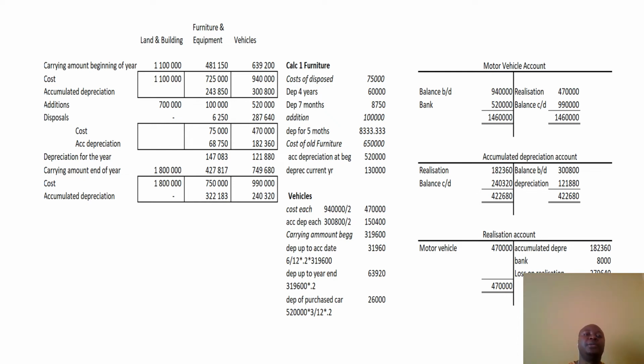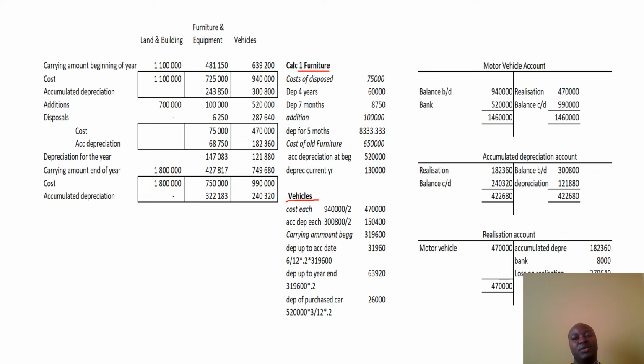So your PPE question is a very easy question. We have main assets: land and buildings, furniture, and motor vehicle, right? So the first thing, you were given some of the totals and some were not included, for you to calculate. If you look at my calc here, furniture, in my calc here for vehicles, these are very important calculations, right? You are looking at